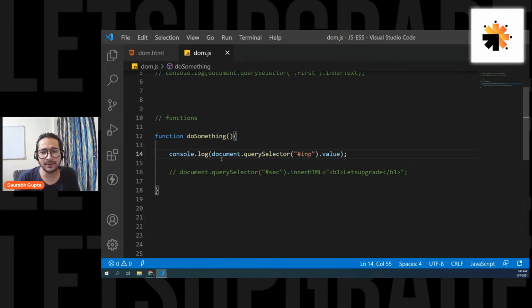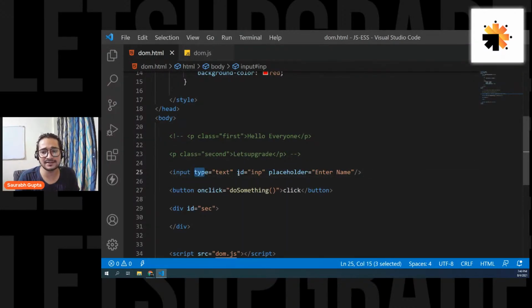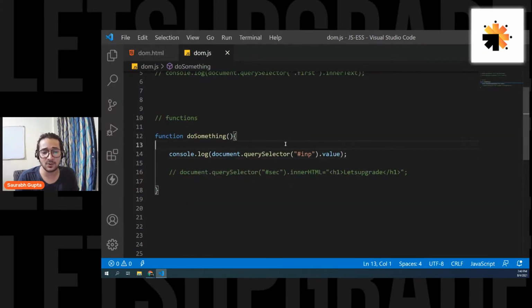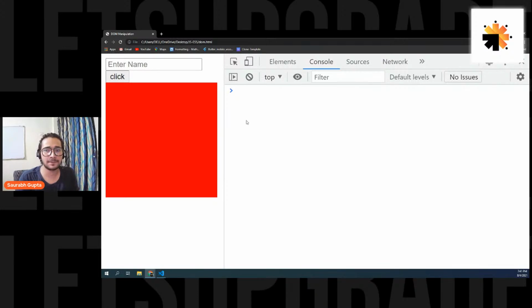So now, see, I'm printing the value that the user is writing inside the input box. I first fetch the input box and then I access the value attribute by using dot value. By applying this dot, you can access any attribute: the type attribute, the ID attribute, the placeholder attribute, the on-click attribute. Doesn't matter. But in this case, I'm going to use the value attribute because that's what stores the value of the text box.